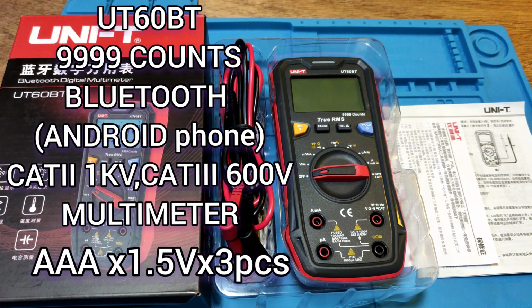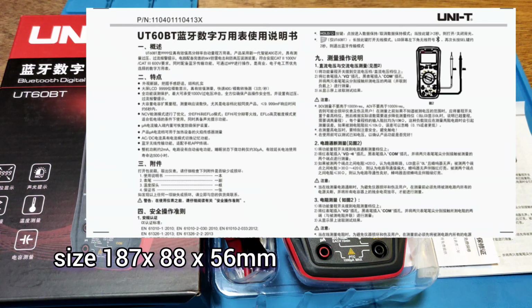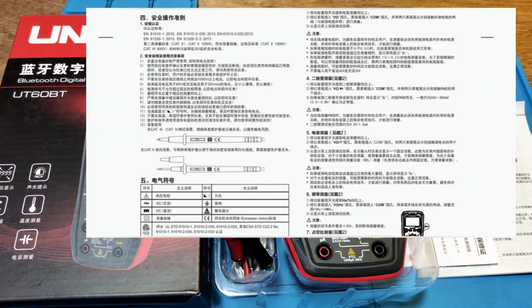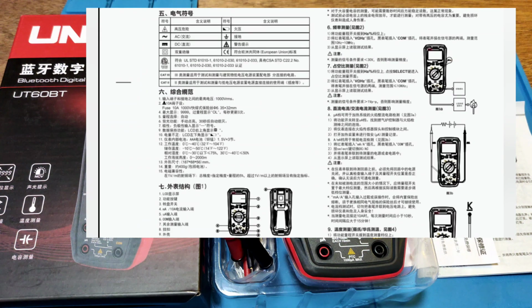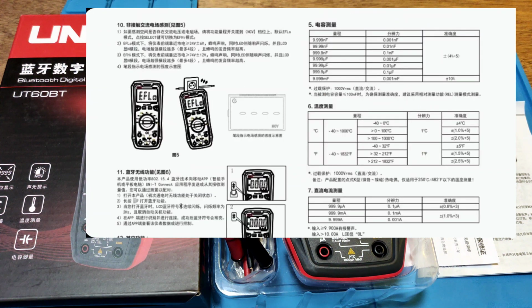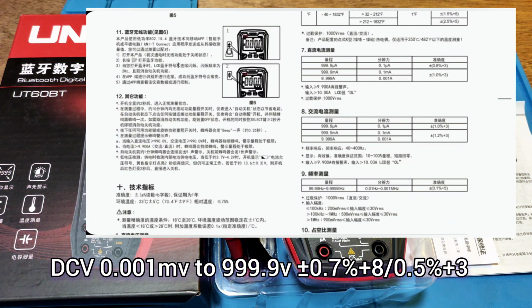It has a 1.5 watt battery. Its size is 187 times 88 times 56 mm. Weight is 400 grams. It includes a big battery. DC watt is 0.001 mW to